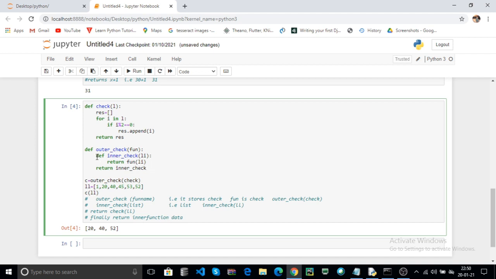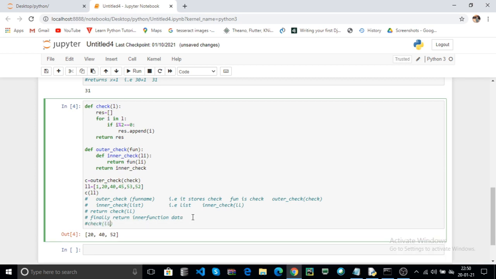Here this is the inner function. The inner function returns some data, but here the outer function is there. The outer function returns the inner function, so I am using return for your inner function. The inner function returns your check of list. Here the check of list is called finally.